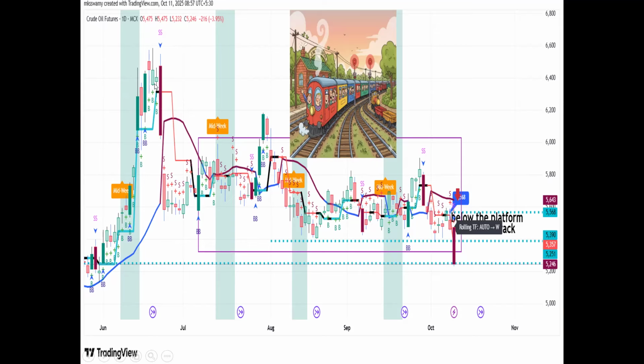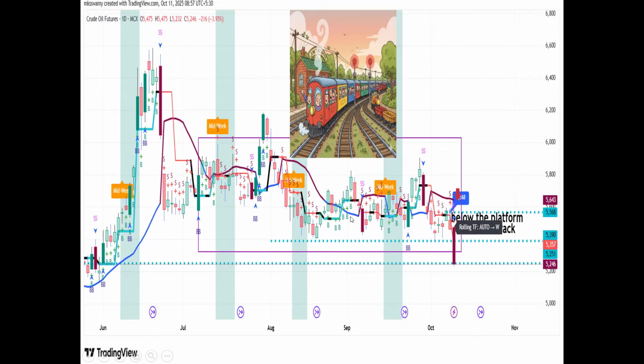From here, the train had changed its direction. It halted for so many months, rotating itself, engaging the traders up and down, people guessing. But with my midweek indicator, if you see, the 6,000 was the barricade. Price could not cross there. And finally, yesterday, it broke below all this midweek level and it has moved downwards.